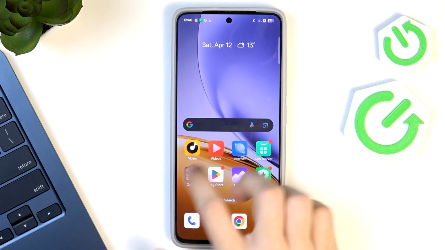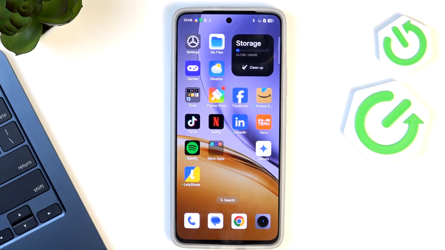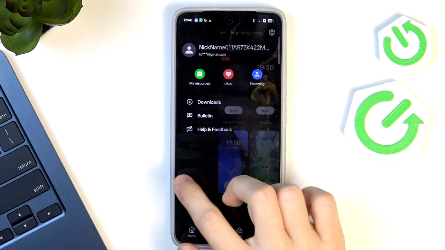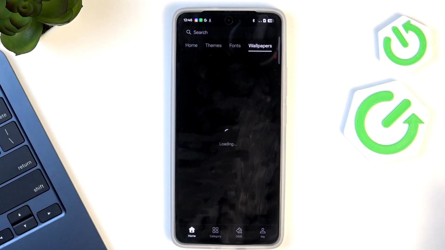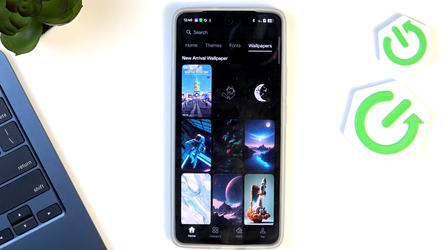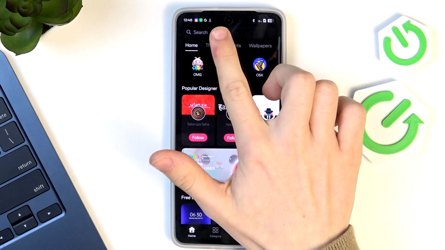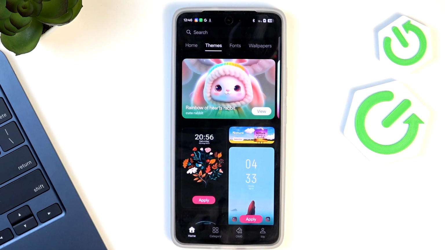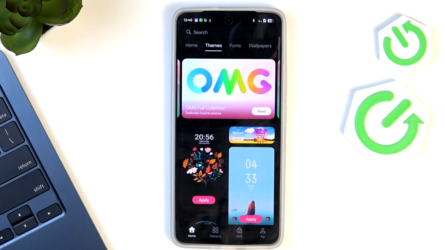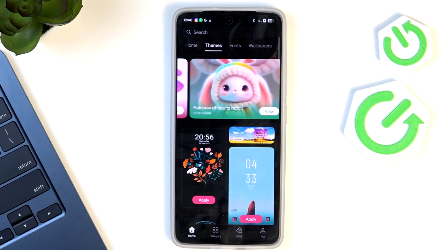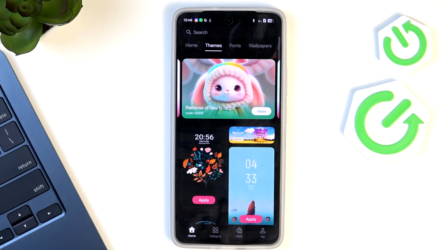So let's go ahead into the Themes app where we can get all of these themes, and there are lots of them, so I'm gonna show you just a few, but feel free to explore that app as much as you want. So as you can see here, we have the themes which are applied to both wallpapers and the icons in the system, as well as the clock on the lock screen will be changed and some other stuff,